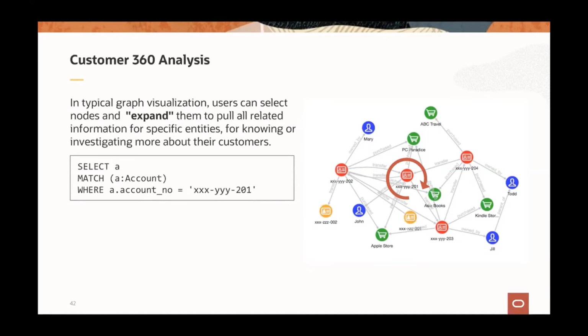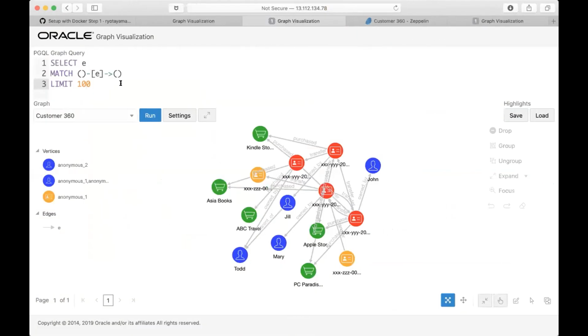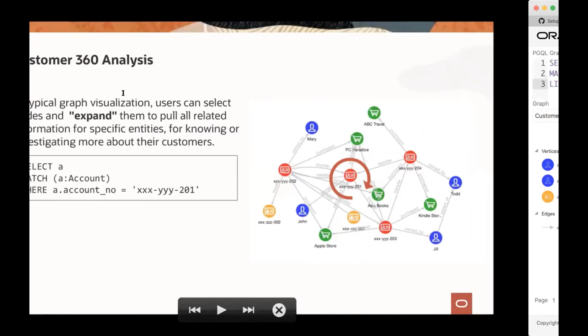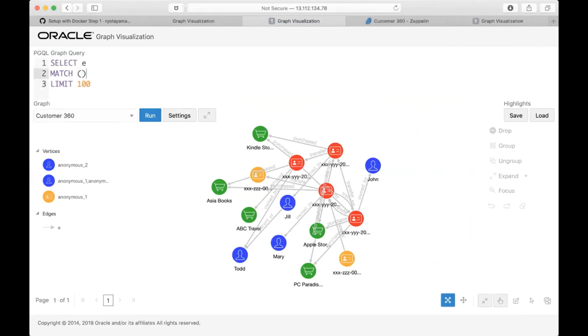In a typical graph visualization, the user can select and click a node and expand the surrounding information to pull all related information to this specific entity, to know more about this node. Okay, then I'd like to show this concept using graph visualization here. In this case, we can get only one account,